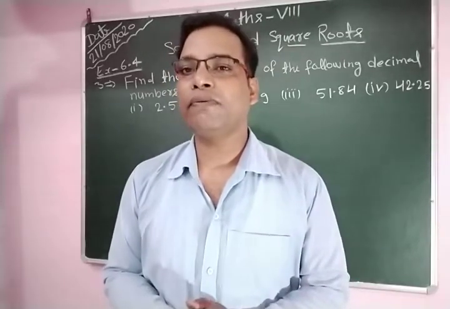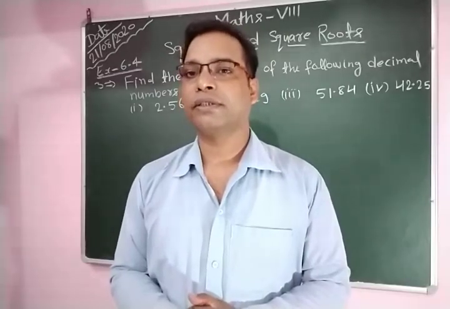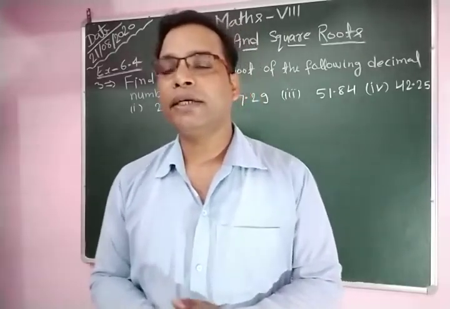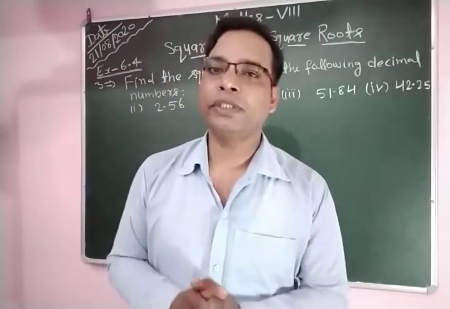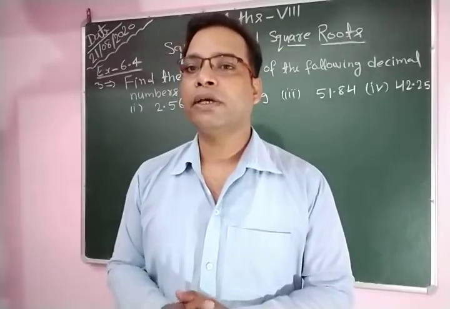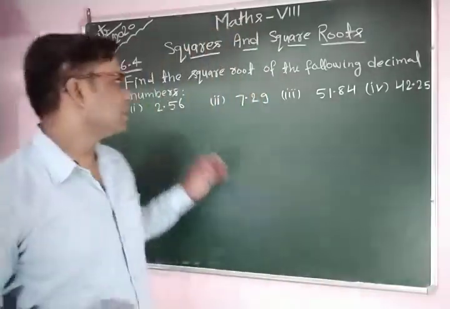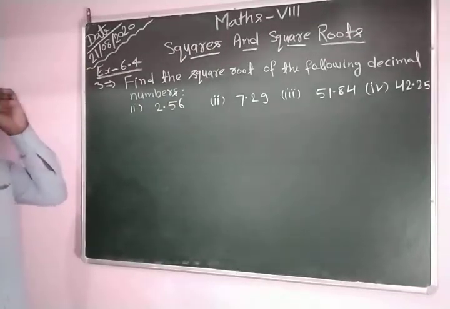Today we are going to discuss chapter 6, exercise 6.4, question number 3. In this question, we find the square root of decimal numbers. You know how to find the square root by the long division method. We use this method to find the square root of decimal numbers. Question number 3, you can see here. Find the square root of the following decimal numbers: